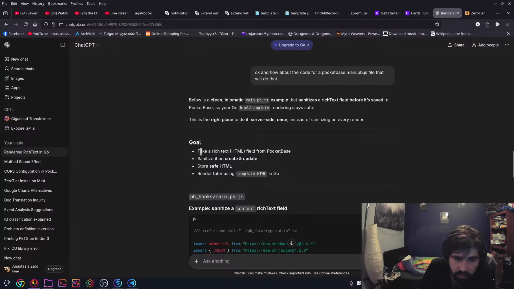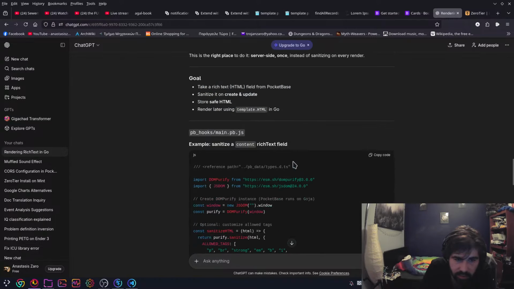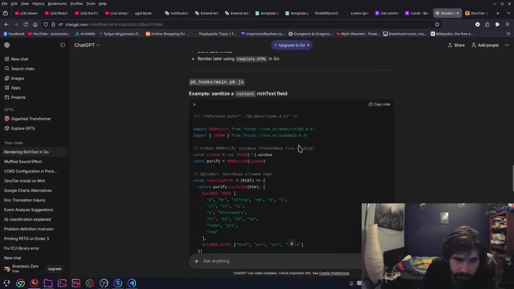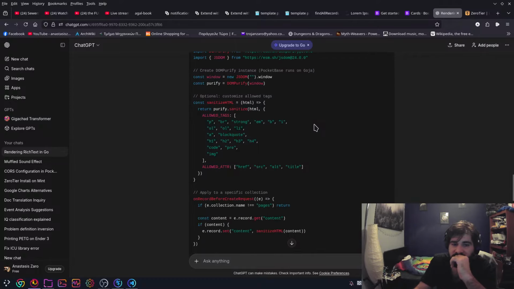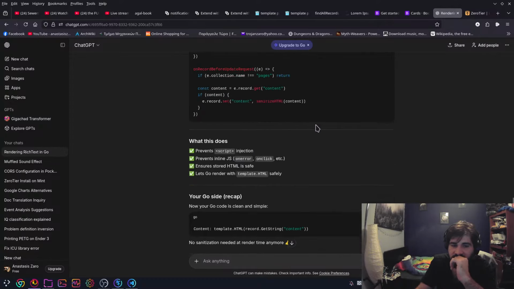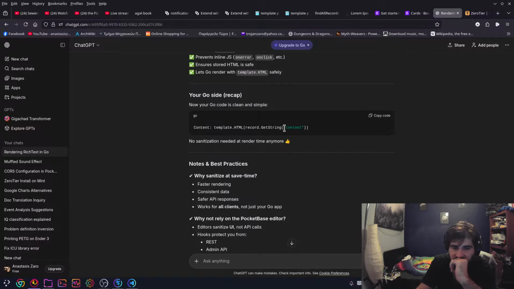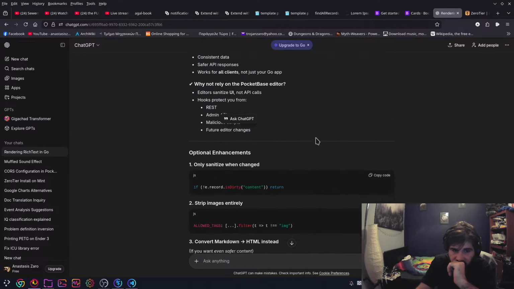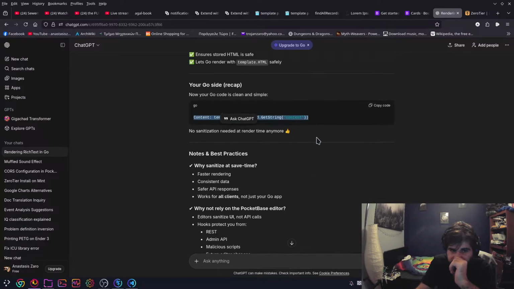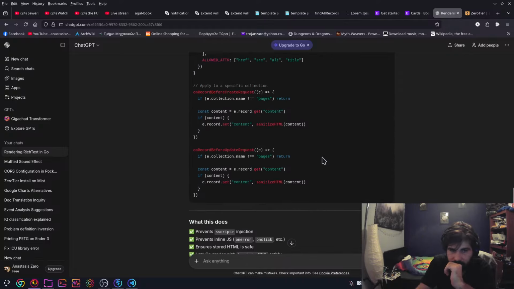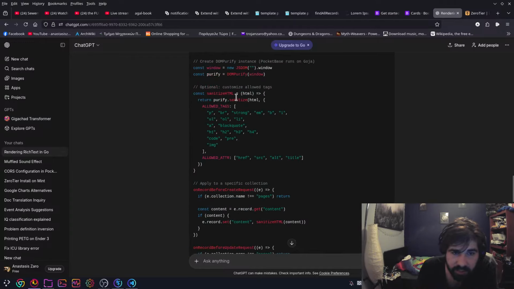Let's go to make rich text in PocketBase. Alright, I'll do it. Sanitize HTML that is just purified.